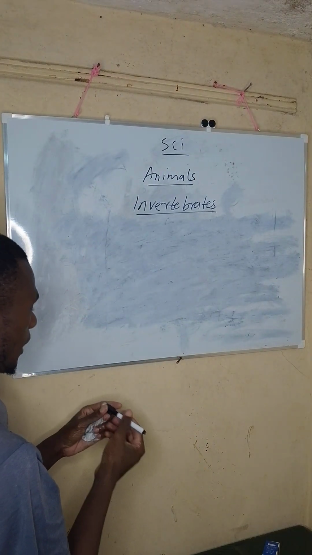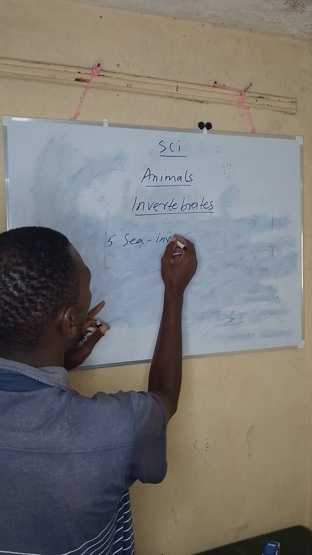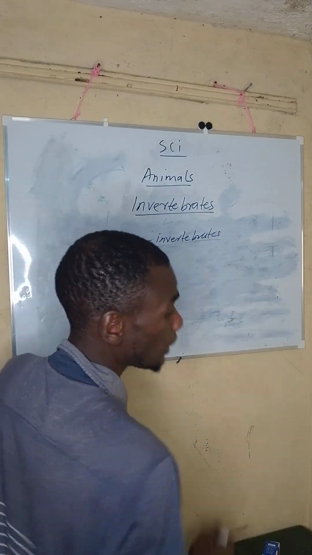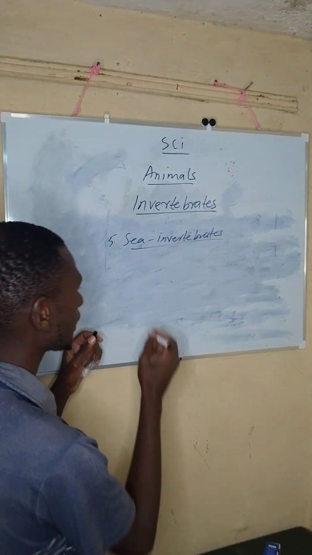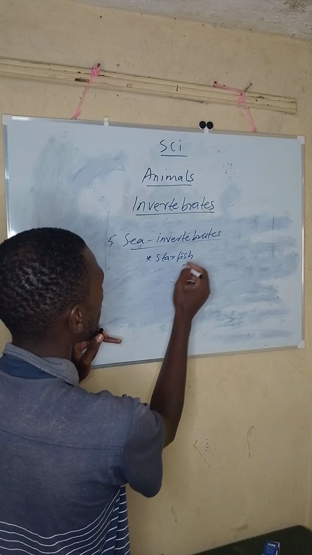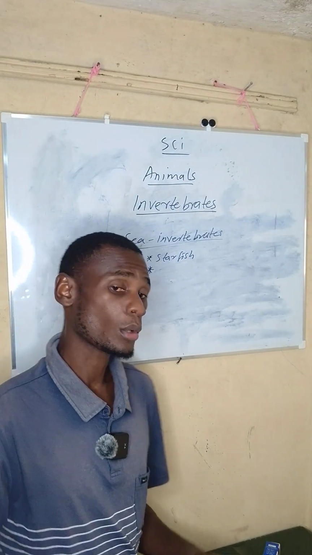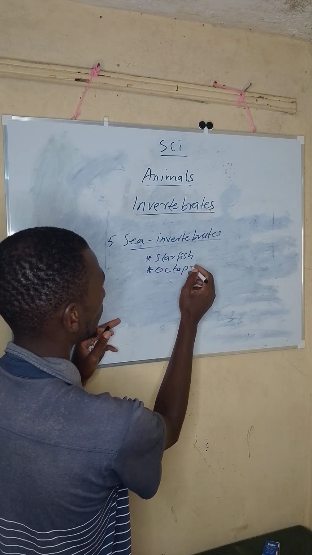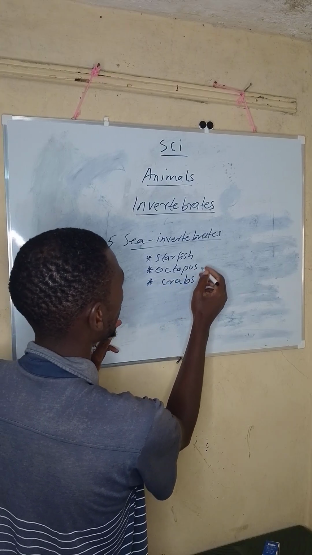So let me name it: sea invertebrates. These sea invertebrates are invertebrates that live in the sea. Examples are like we have the starfish. This is a sea invertebrate. We have the starfish. We have the octopus. And we have the crabs. These three,